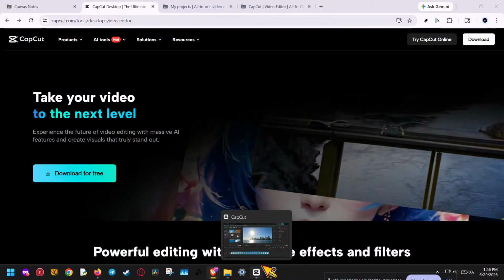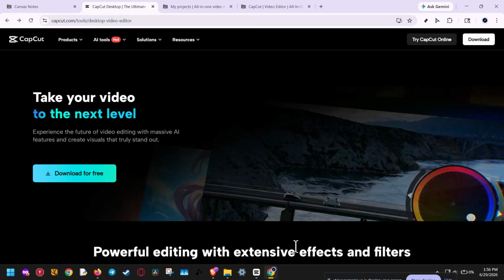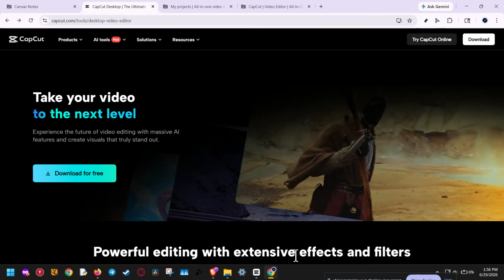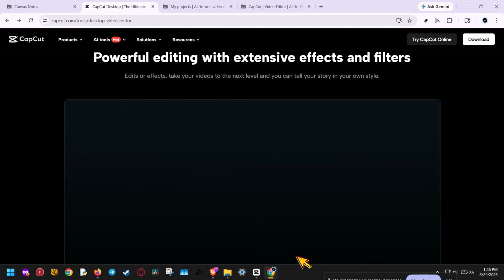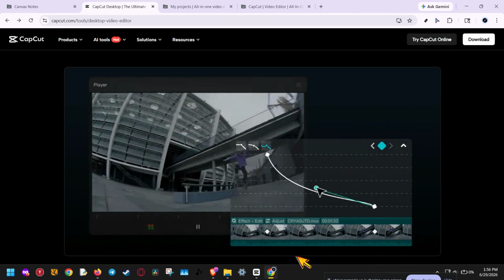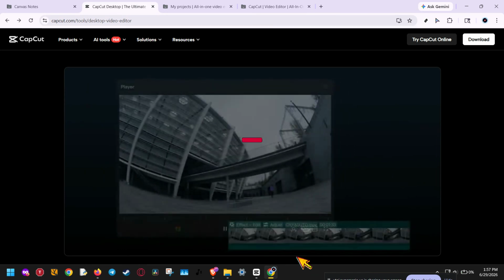If CapCut is not opening on your PC, don't worry, because in this video I'm going to walk you through the fastest fixes step by step so you can get back to editing as quickly as possible. This problem is usually caused by a stuck background process, corrupted cache files, outdated graphics drivers, or a broken installation. The good news is that most of these fixes are easy to do, and I'll show you the safest order